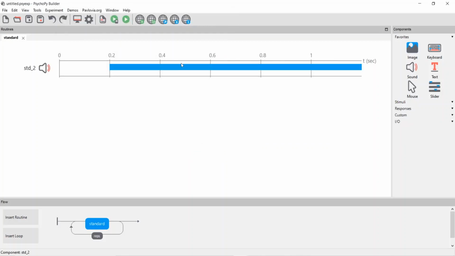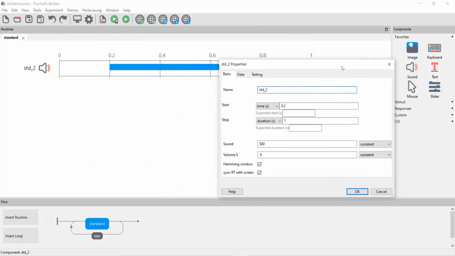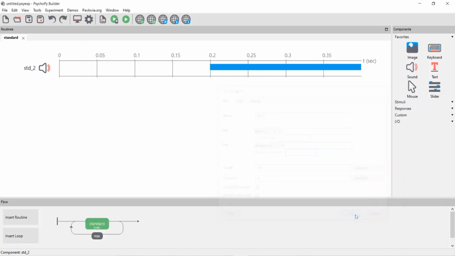Now you can correlate with this that the entire stimulus duration was 1 second and the start time was 0.2. If I had given a start time of 0.2 but wanted it for 1 second, I need one event, so I'll just change this to 0.4 and press OK.